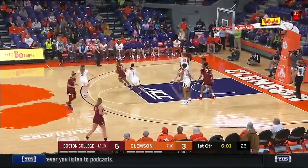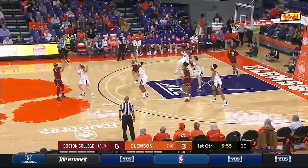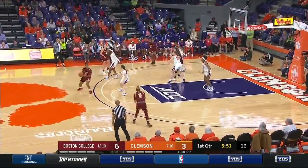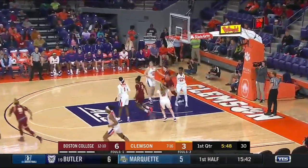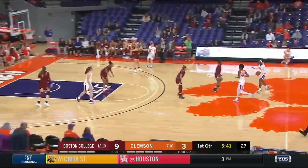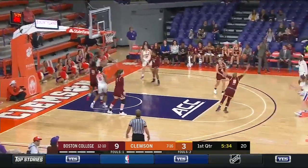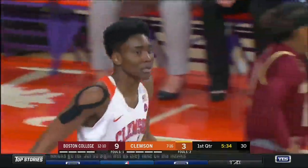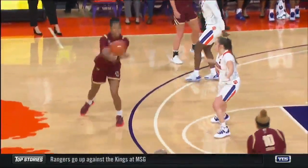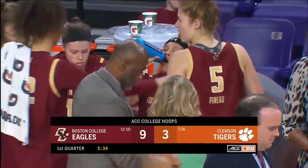BC will keep 27 on the shot clock off the inbound. Marnell Girard, really one of 2 point guards. She gave it away to the other, Dickens, each with about 4 assists per game. Dickens lets it fly from the right wing, and a three goes down for the sophomore out of Virginia Beach. You've got to find her and shade her in your defense. She is their best three-point shooter, Dickens. That's her 44th made three of the season. And the travel will be called against Thornton, who you could see was just a little bit out of sorts. And Amanda Butler wants to talk about it. She'll call a timeout. Hey, this is a nice job of moving the ball around the perimeter, spotting up Dickens outside the three-point line. That's too easy for BC. Early on, BC in control here in Littlejohn Coliseum. They lead by